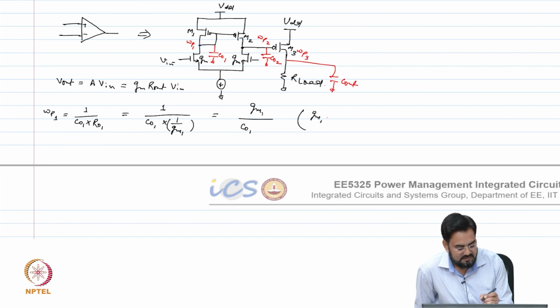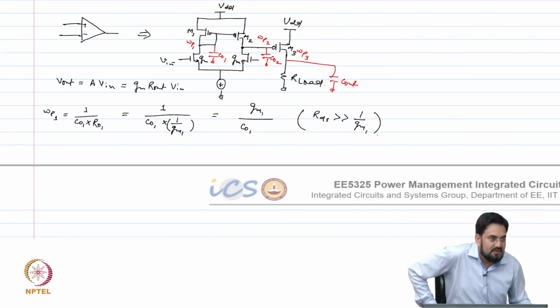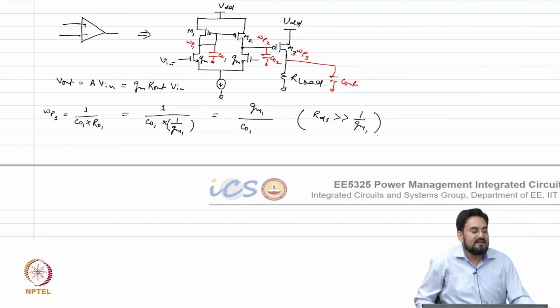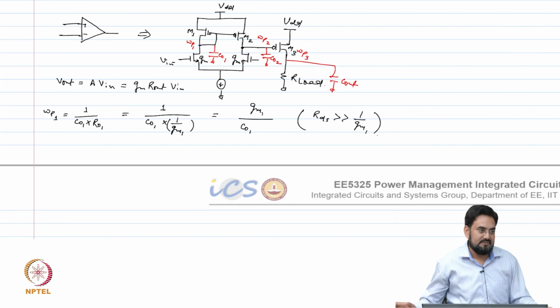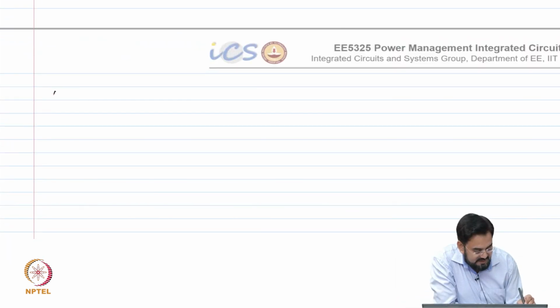GM1 is, or I would say, RDS is much larger than 1 over GM1, correct. So, they are in parallel. So, your effective resistance will be determined by whichever is the lower term, and since 1 over GM1 is lower. So, in saturation